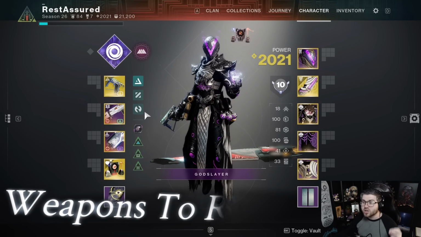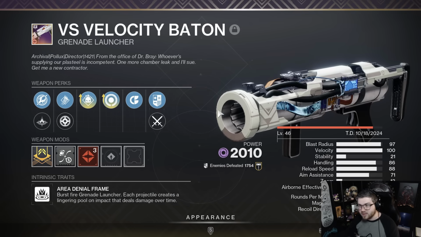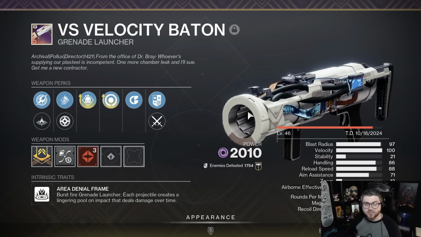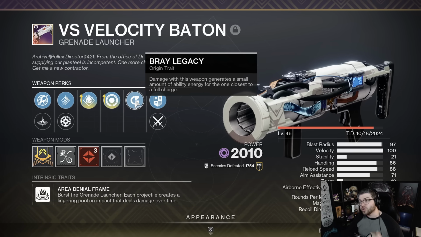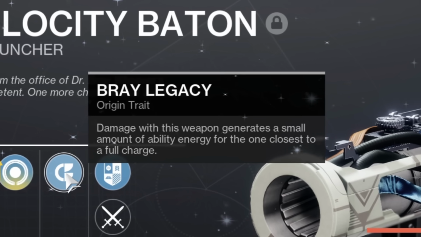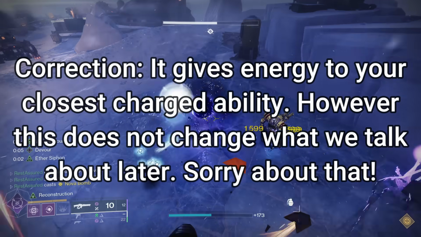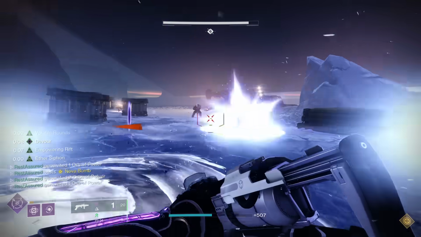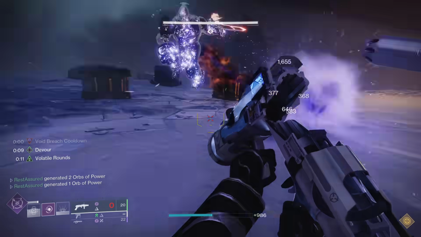But speaking of weapons, you do want to run a void weapon, and honestly the best one here is going to be Velocity Baton. This thing is just absolutely disgusting with this build. It can get Demolitionist, it can get Attrition Orbs, and then its Origin trait also makes it so whenever you deal damage, you'll get a small amount of ability energy to your lowest cooldown. So with all those perks combined together, if you do have a Demo Enhance, you're going to be getting 11% grenade energy on top of Devour, on top of the Controverse Hold granting energy back,